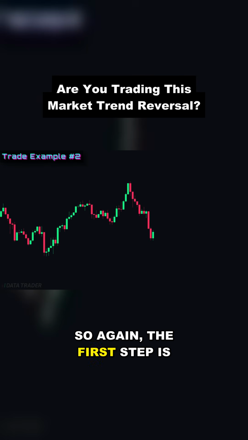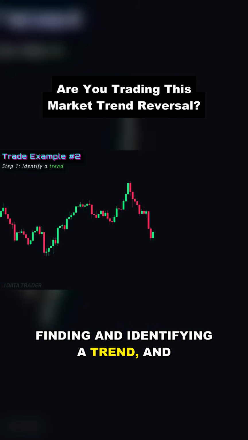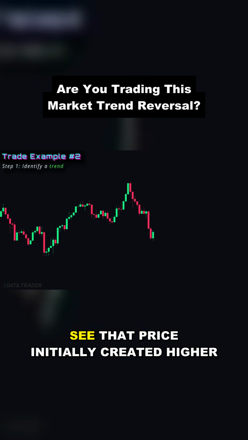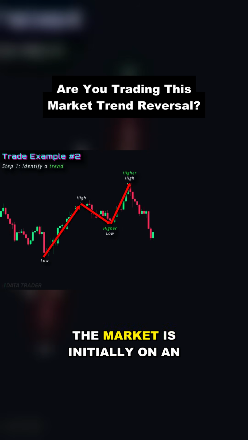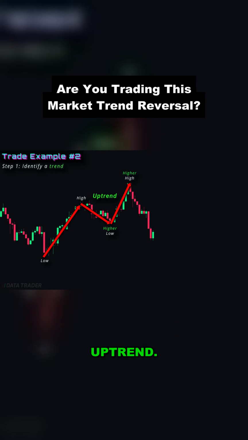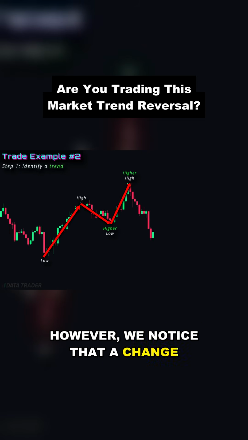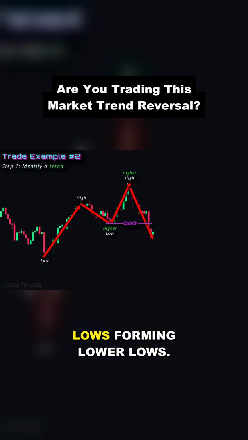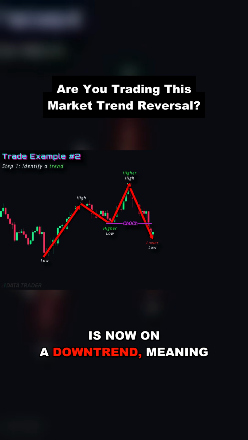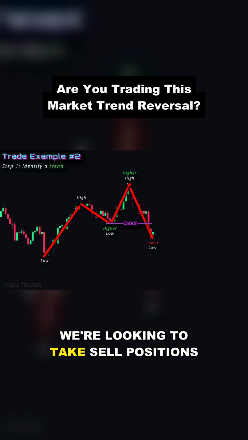So again, the first step is finding and identifying a trend. And in this chart, we can actually see that price initially created higher highs and higher lows, indicating that the market is initially on an uptrend. However, we noticed that a change of character has happened, as price went down, breaking below the previous lows, forming lower lows. This shows us that the market is now on a downtrend, meaning we're looking to take sell positions